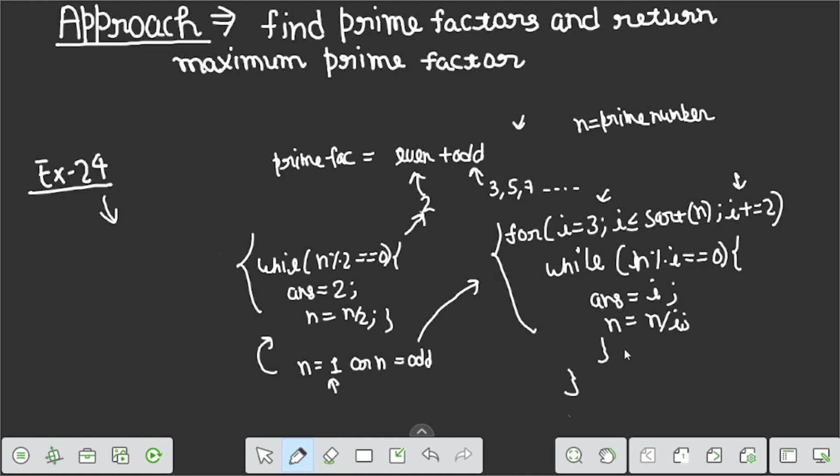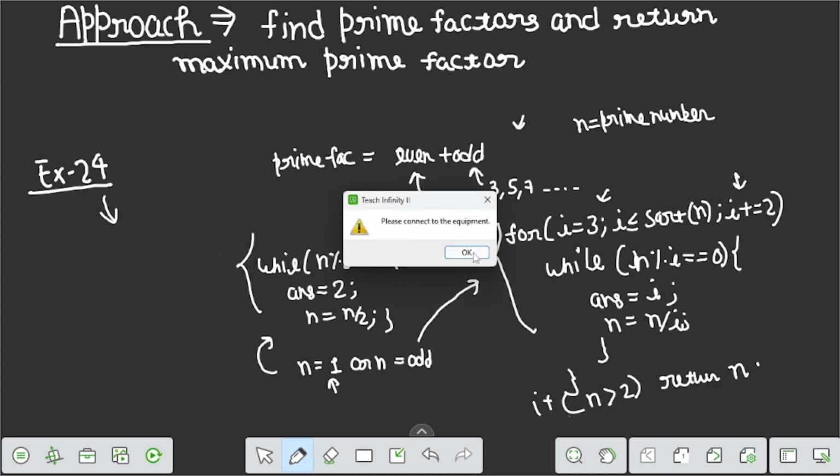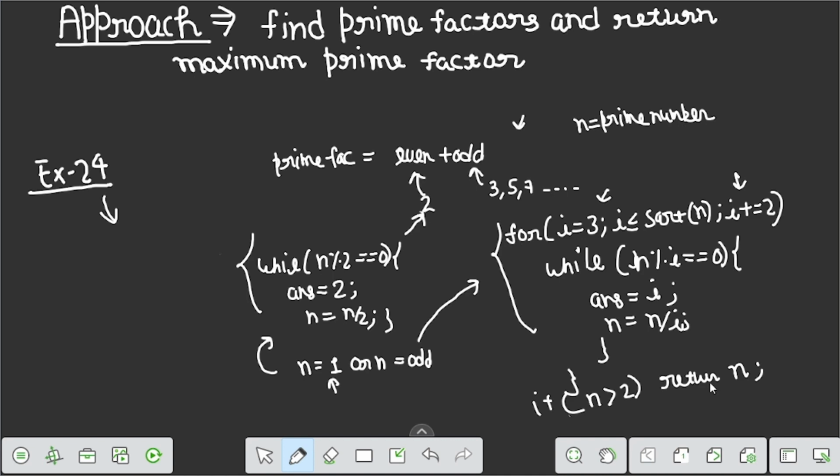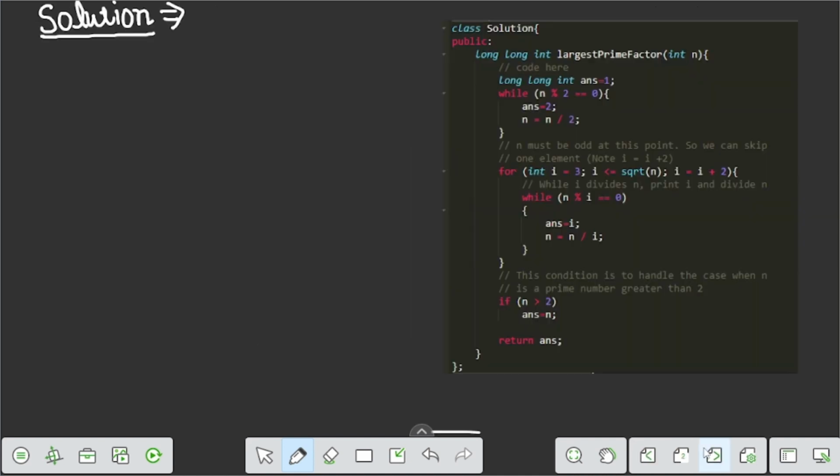So after the while loop and for loop, we check the condition: if n is greater than 2, then we simply return n, because n is a prime factor, so the answer is n. So let us see the code and try to understand the problem.